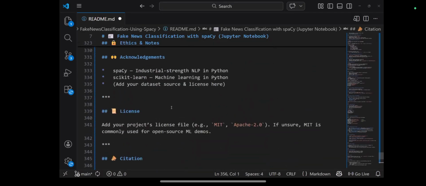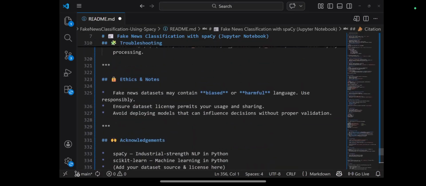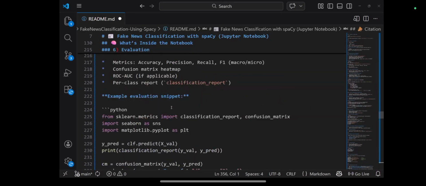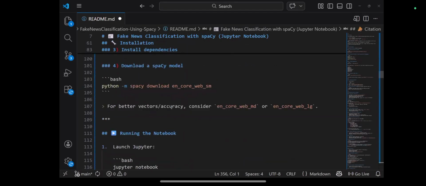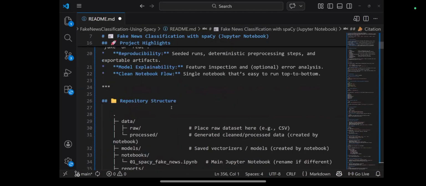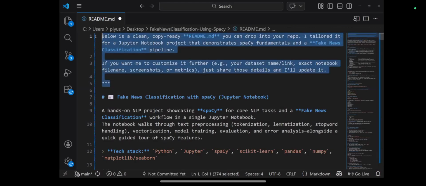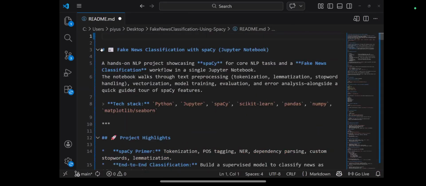Fine. Now I need to remove a few things from the top. This particular thing. So I'm just removing this thing here.